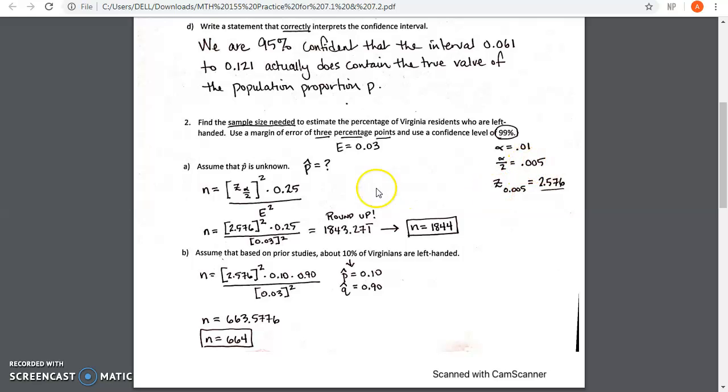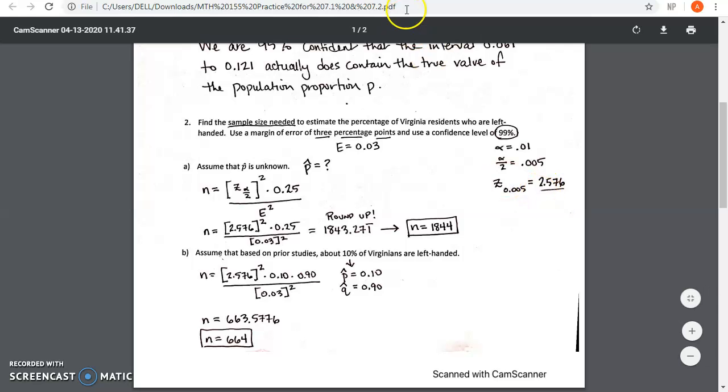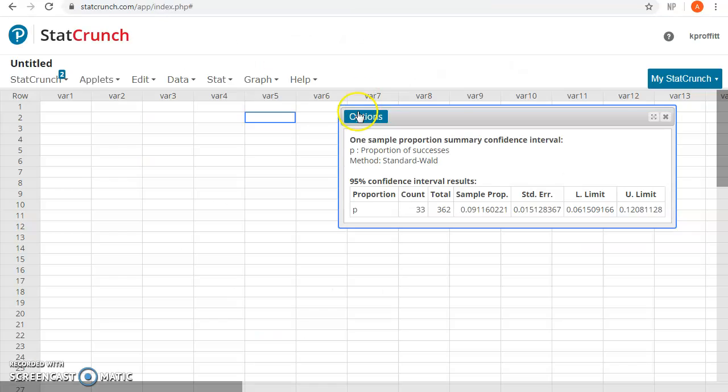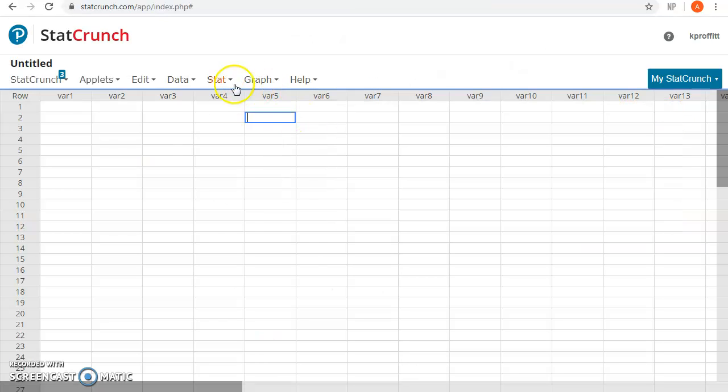Okay, so the z sub alpha over 2 that we need in our formula would come from StatCrunch again. So we want the z sub 0.005, or z sub alpha over 2. Okay, so we could get that critical value. It's 2.576, but let me show you where that came from. So we're going to come over here to StatCrunch. We're going to go to Stat,